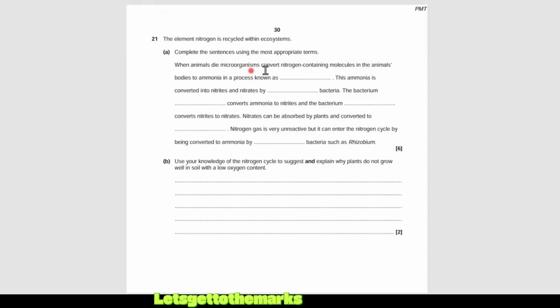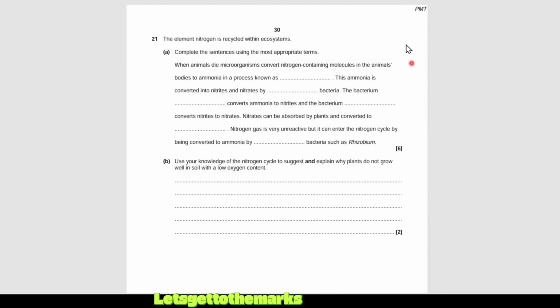When animals die, microorganisms convert nitrogen-containing molecules in the animals' bodies to ammonia in a process known as blank. This ammonia is converted into nitrites and nitrates by blank bacteria. The bacterium blank converts ammonia to nitrites, and the bacterium blank converts nitrites to nitrates. Nitrates can be absorbed by plants and converted to blank. Nitrogen gas is very unreactive, but it can enter the nitrogen cycle by being converted to ammonia by blank bacteria